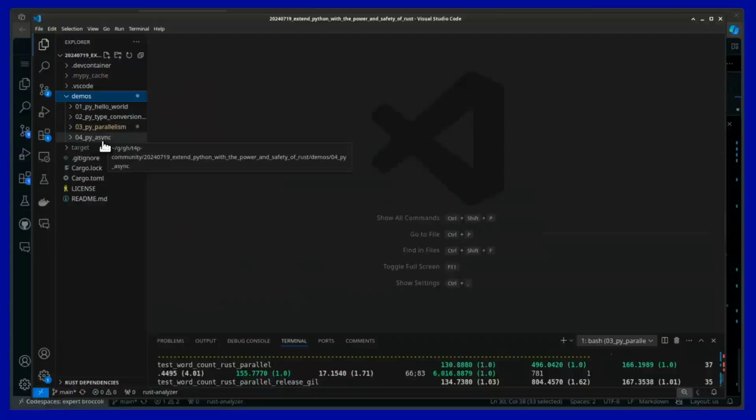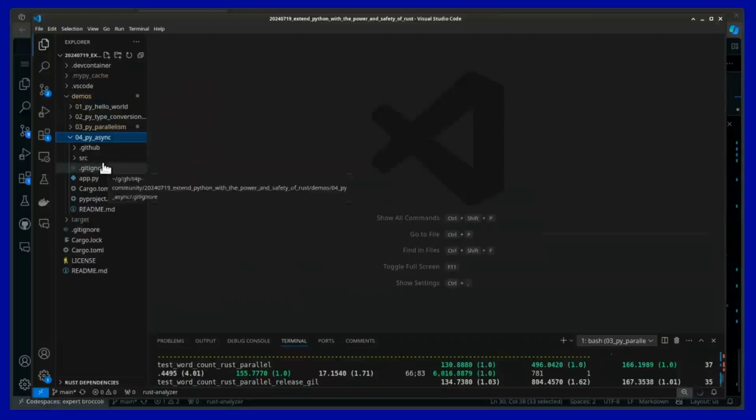I hope seeing this work and seeing the performance improvements makes it worth it to have stuck here all the way to the end, to really see what the power of Rust and Python together can be. Okay, so for PyAsync,